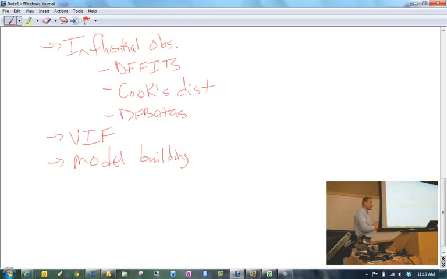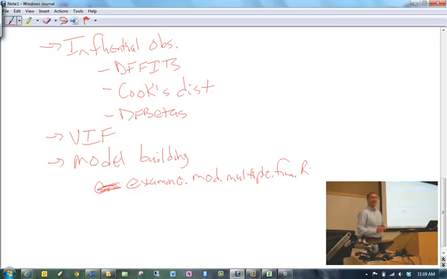A problem that I've given on a test before is simply run my examine.mod.multiple.final.R program, the corresponding function that's in there. Run this function, and now go through the whole model evaluation process. There's like 5 different things that we look for. Actually go through all 5, where I would assign points to the correct interpretation or evaluation of all 5 parts that we would look at.